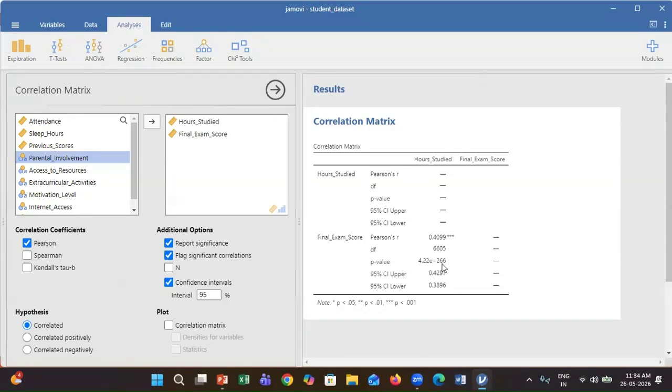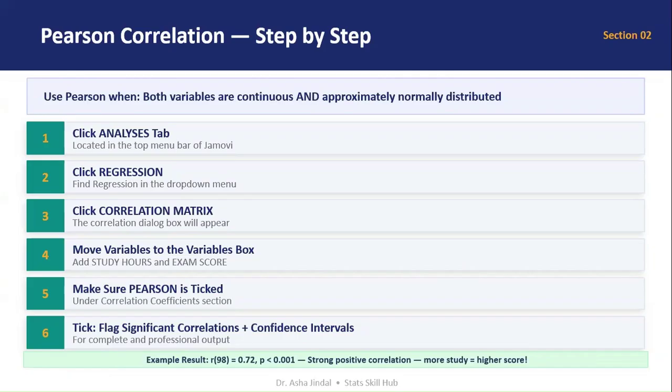The p value is less than 0.001, which indicates a statistically significant relationship between study hours and exam scores. Let's move back. This slide displays the steps we just followed to compute Pearson's correlation coefficient.